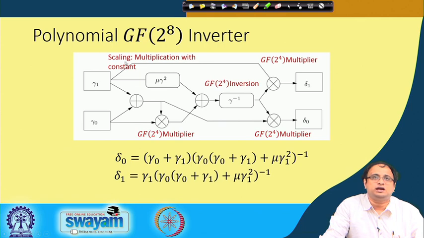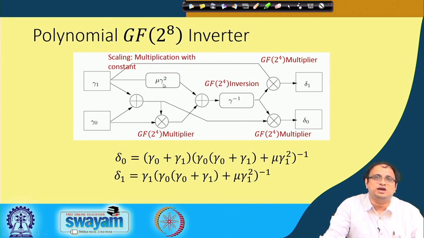Okay. And note that this operation is something that we will be trying to stress in our talk, that is what we call scaling. So, the idea is that this mu is a constant, and therefore, when you are trying to implement a circuit where you are multiplying a constant, you do not apply a full blown multiplier, because that will lead to wastage of gates. Rather, you optimize your circuit, and we call that special circuit which multiplies with a constant a scaling circuit. Okay.